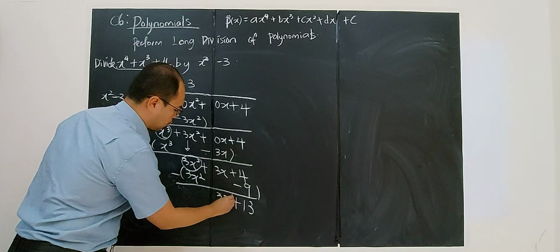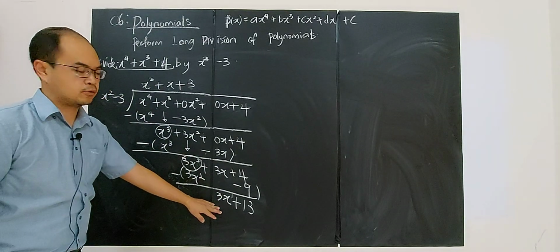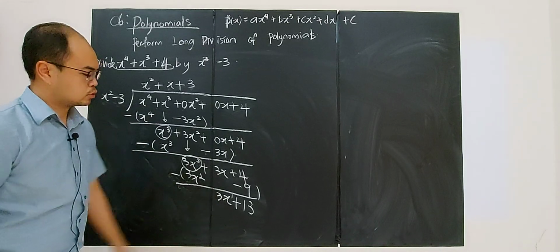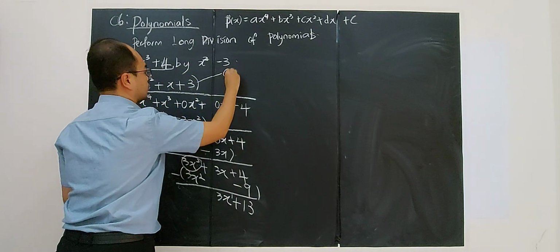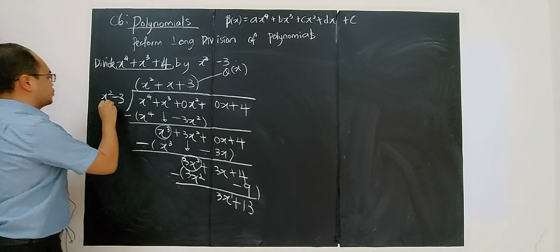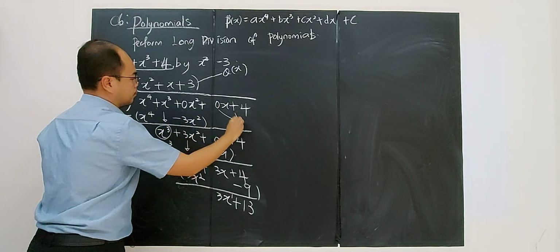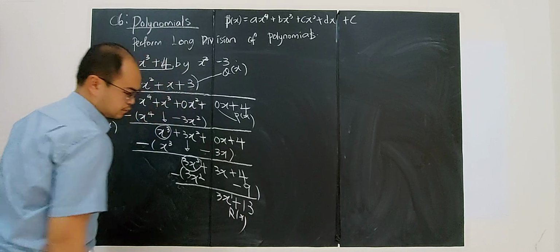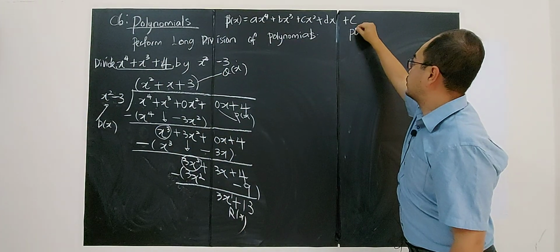Why? Because this is power 1, this is power of 2, right? So you cannot continue the division. They are no longer valid. So you don't continue the division. So this will be your remainder, your baki. So this will be your quotient, your qx. And this one of course you know, this is your divisor, this is your polynomial, and this is your remainder. So you know that you can write in p, q,